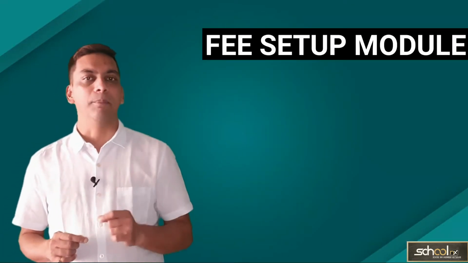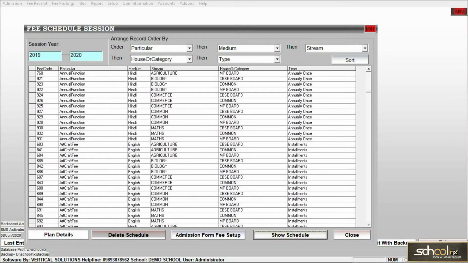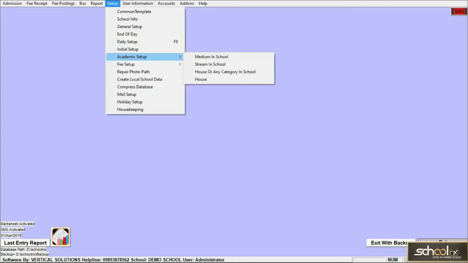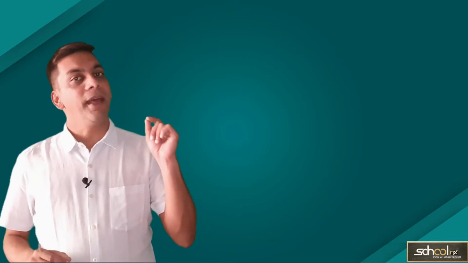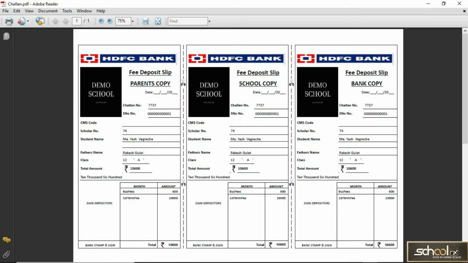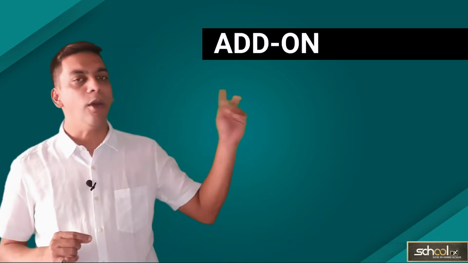The second module is the fee setup module, where you manage fees according to your fee heads. Here fees are automatically bifurcated in 3 levels by medium, stream and category of students, and you also have the facility to manage vehicle fee, auto rate fee and auto discount. We provide both receipt and challan systems so that you can choose as per your requirement. In the receipt system, you have both cash and bank options also. Overall, you can customize the fee module or make changes according to your school needs in a very easy and simple manner.